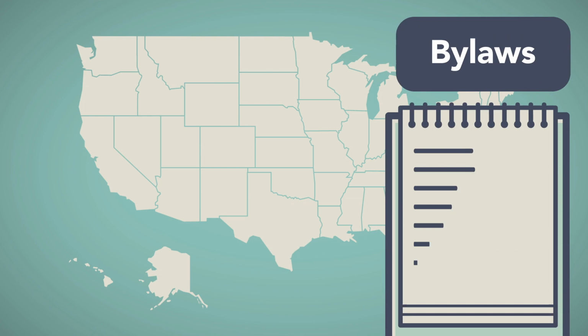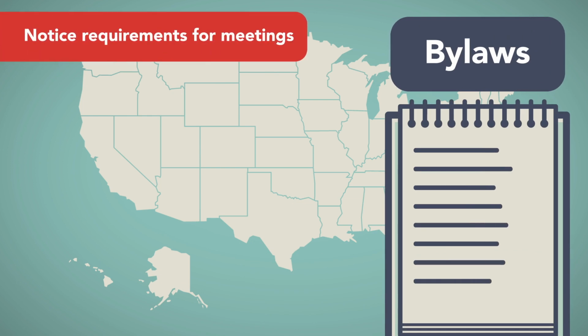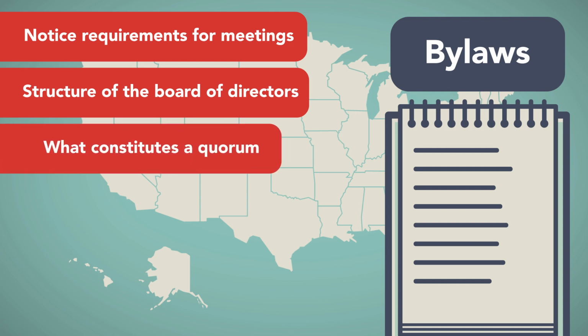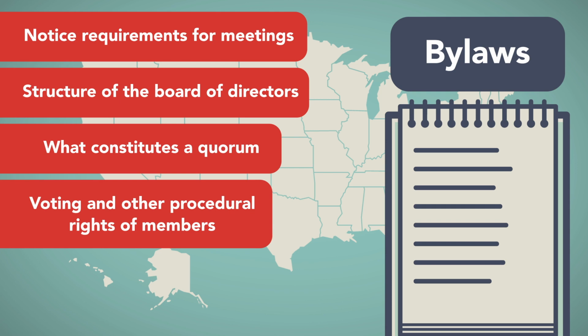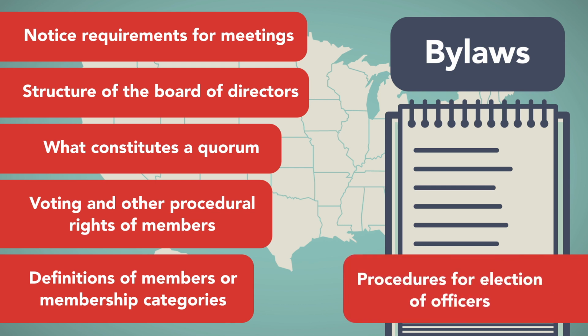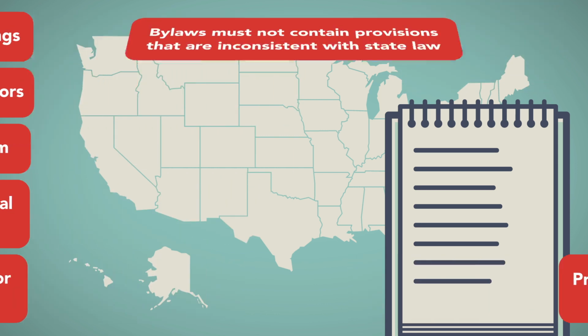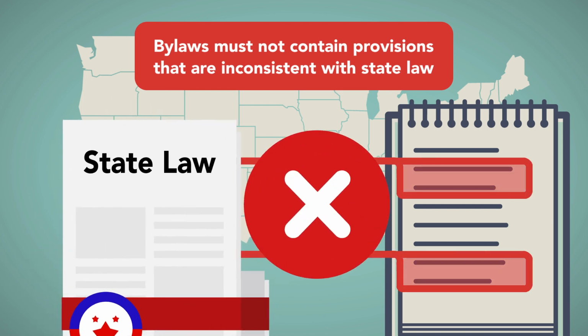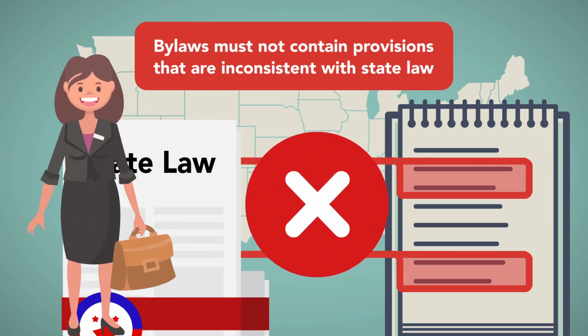The bylaws usually include notice requirements for meetings, structure of the board of directors and officers of the board, what constitutes a quorum, voting and other procedural rights of members, definitions of members or membership categories, procedures for election of officers, and other business matters that relate to governance of the organization. The bylaws must not contain provisions that are inconsistent with state law, so review by counsel in the state of